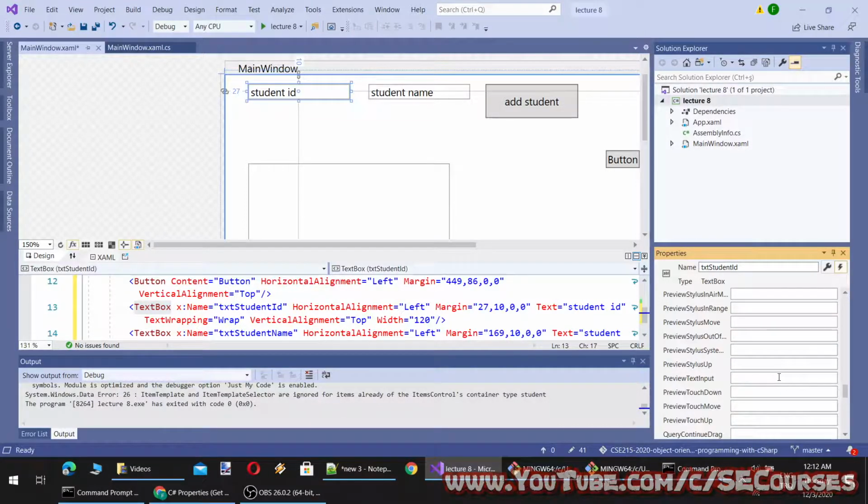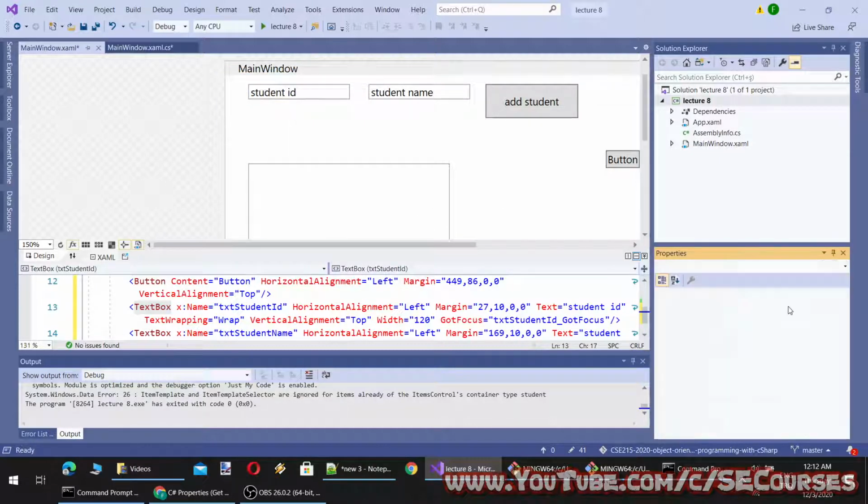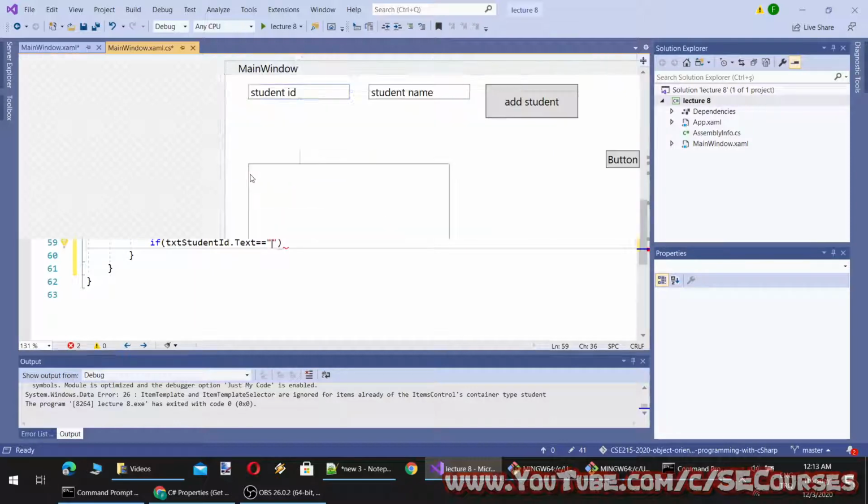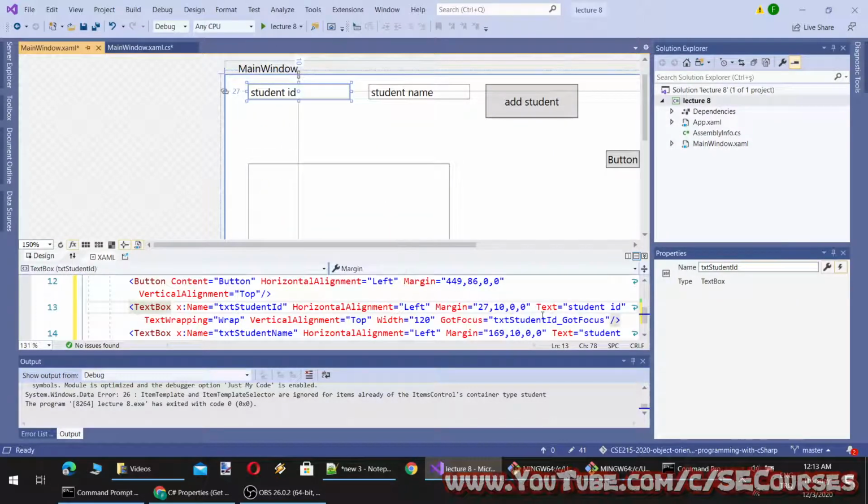placeholders. So to make them as placeholder, what we need to do is on key down or got focus, we can also choose got focus. Okay, here. If text equal, what is our default text, which is this one, student ID.